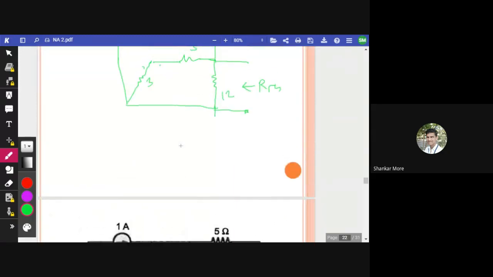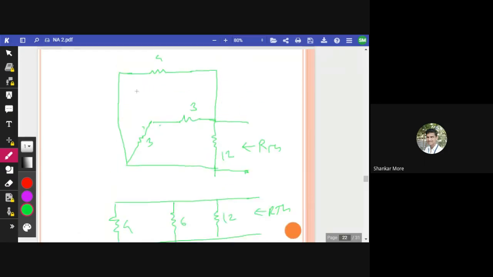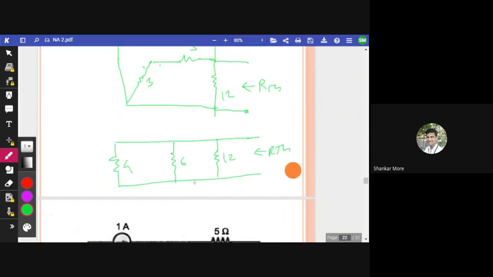ओके, सो अभी सर्किट हमारा कैसे बन रहा है मैं आपको बताता हूँ दोस्तों. ठीक है, सी, दिस इज 4 ओहम रेजिस्टेंस, दिस इज 6 ओहम रेजिस्टेंस, दिस इज 4, दिस इज 6 एंड दिस इज 12। एंड यहाँ पे हमें आरटीएच कैलकुलेट करना है, ठीक है। ये 4 ओम कहाँ से आया, ये जो ऊपर का जो 4 ओम था ये यहाँ पे है, ये 3 प्लस 3 6 बना, और ये 12 बना। ओके, नाउ कैलकुलेट द वे यू वांट टू। सो 6 into 12 is 72, divided by 6 plus 12, that is 18। So 18 fours are 72, मतलब इन दोनों का मिला के क्या बना, 4 ohm resistance बना, which is again in parallel with this 4 ohm। So two 4 ohm resistances are in parallel, so the equivalent will be RTH is equals to 2 ohm।